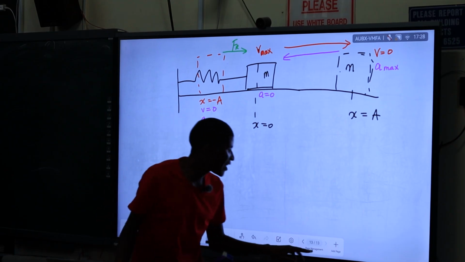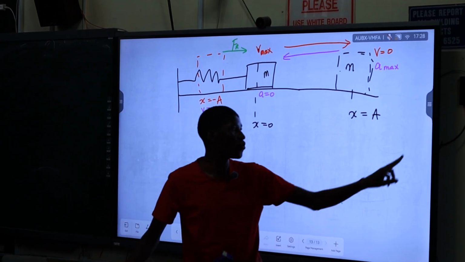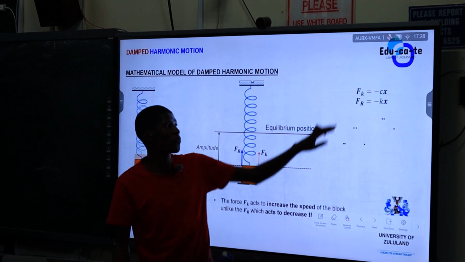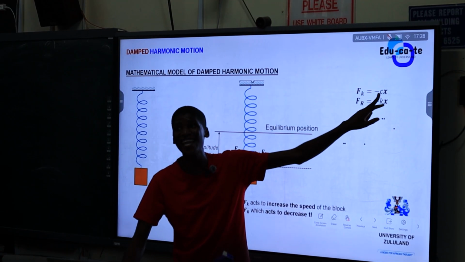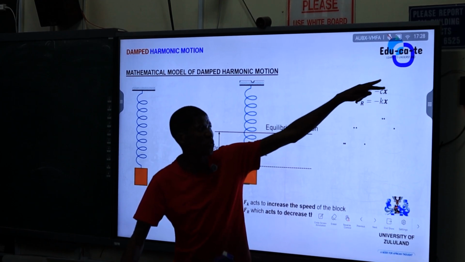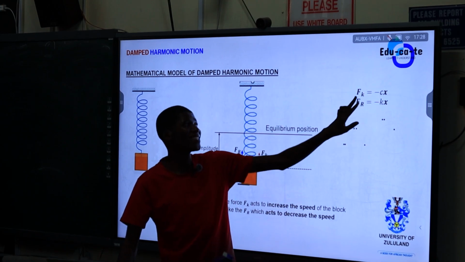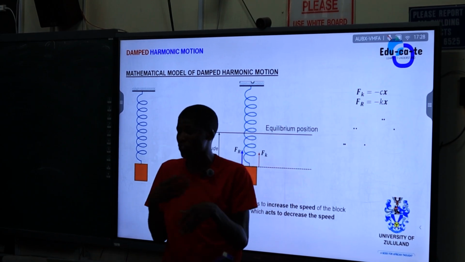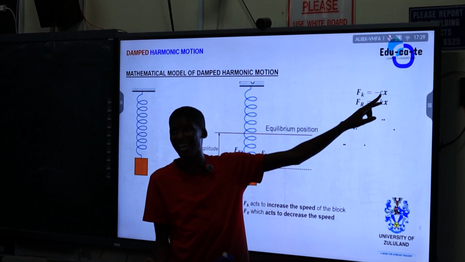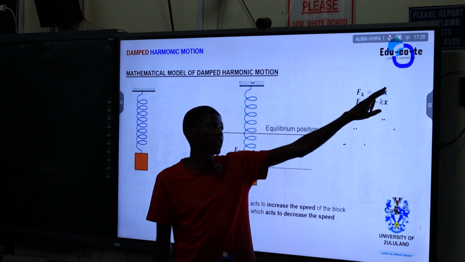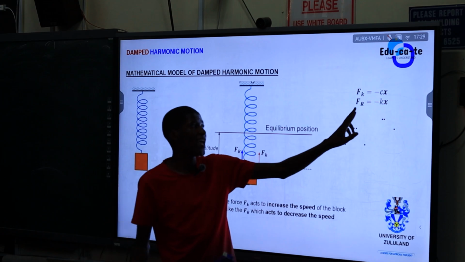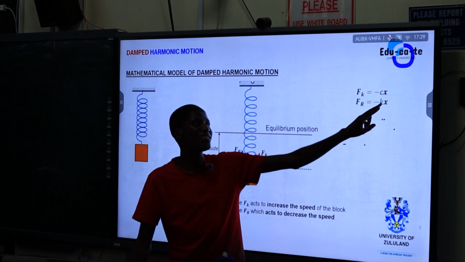And then from here, we are going to look at a couple of things. One of them is the forces. We've got Fc given by negative c x dot. There's a dot here, right? So this Fc, this frictional drag that we're having, is given by minus c, where c is just a constant of proportionality, and x must have a dot, representing the velocity. And the restoring force is given by negative kx.